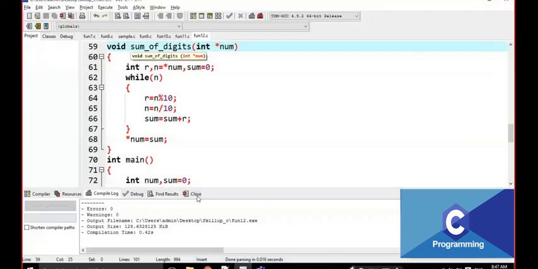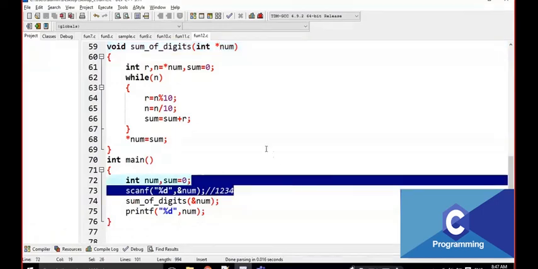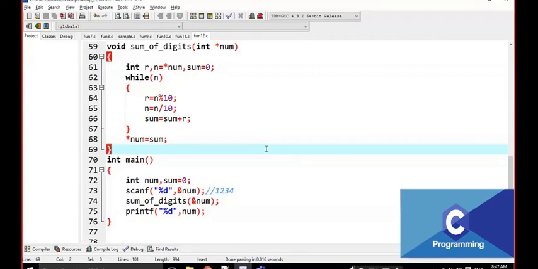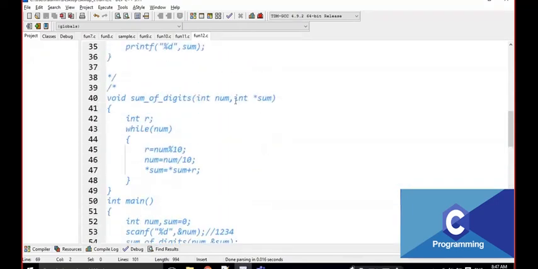That's it. I am working the same program in 4 different methods. We have to get a clear idea about these four methods when we are practicing all the programs. Try to practice all the programs in these different manners. The first is only general programming, the second one is using a function with return value, and the third one is using a function without return value, but the result is passed as an argument.